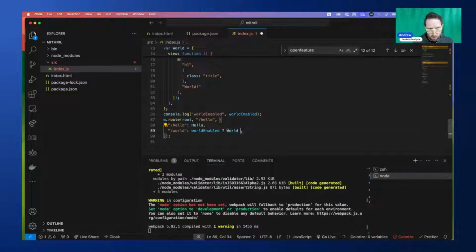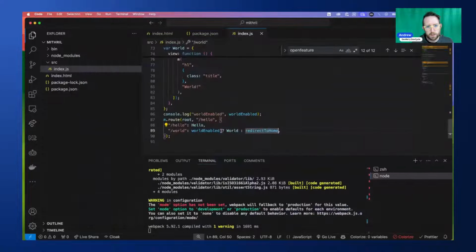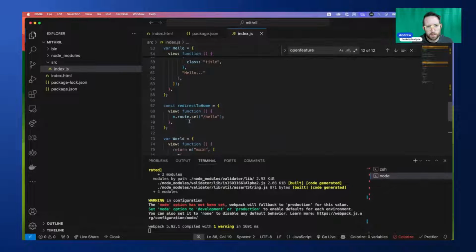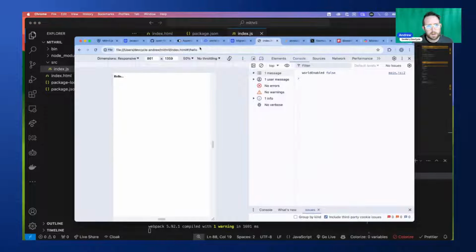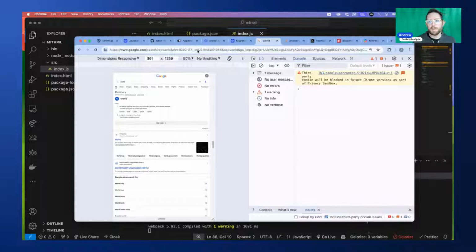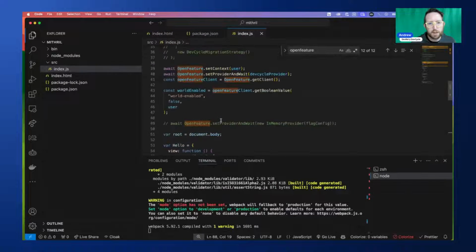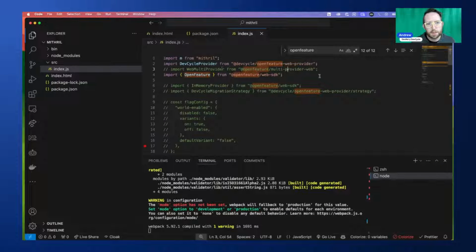World. Otherwise, redirect home. Home. Save this. Refresh. Enabled is true. Otherwise, redirect home. I have redirect home still going there. World. Great. So this is working, but the multi-provider is definitely, there's something going on because I can't